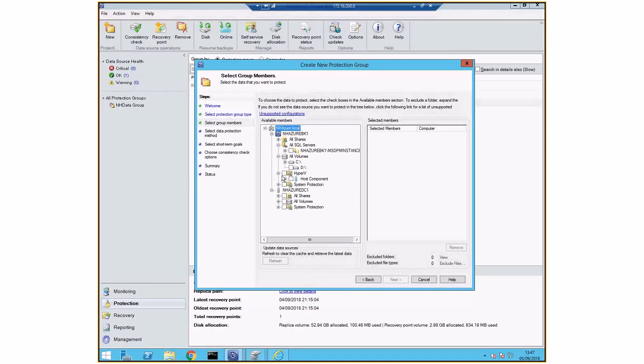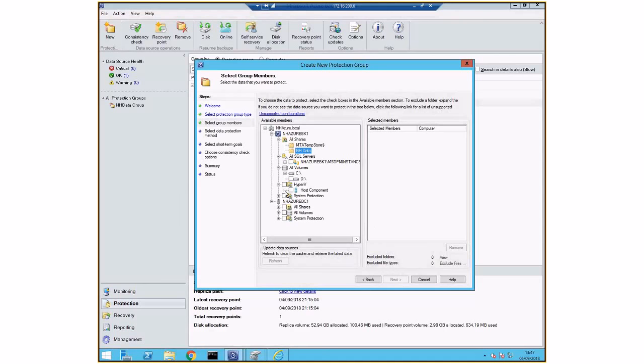Guys, this particular server is not a Hyper-V host, but if it were a Hyper-V host, I would see all the Hyper-V servers, and then it's just a matter of selecting whatever you are looking for to do the backup and basically take it from there.